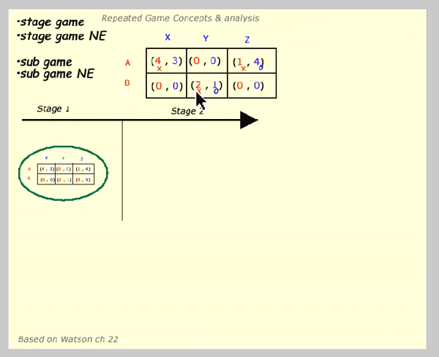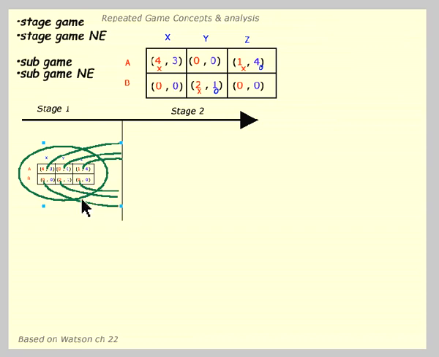What we want to do is repeat this game. Now, when I say repeat, we're going to take the entire game and literally run the identical game after the first game. So what we call the first game is the first stage game. When we move to the second stage, it'll depend upon what happened in the first stage. Okay. So what I've done here is said, well, supposing they play A and X in the first stage of the game, then we'd bring a branch out this way here. If they play A and Y in the first stage, another branch. If we play A and Z, another branch. And similarly on the bottom down here.